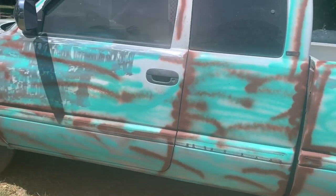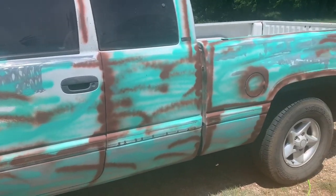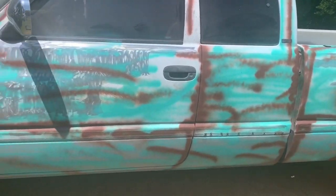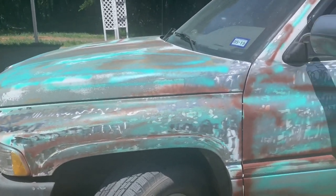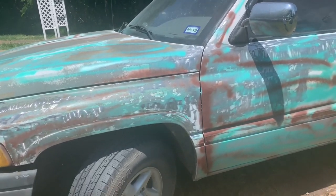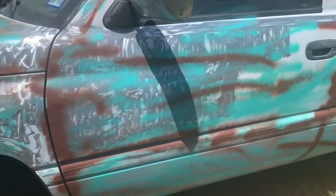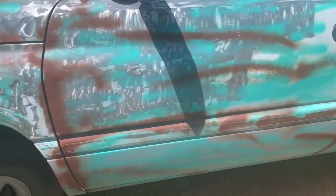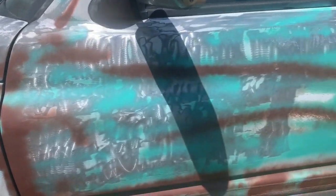I did some sanding, and then what I did right now is I put some teal spray paint over it with some copper rust spray paint, just to give it more of the old school patina look. And then I'm going to go around and take my metal grinder after all this dries, and then I'm literally just going to grind it all down to the metal, and some of that teal and some of that copper will show through,